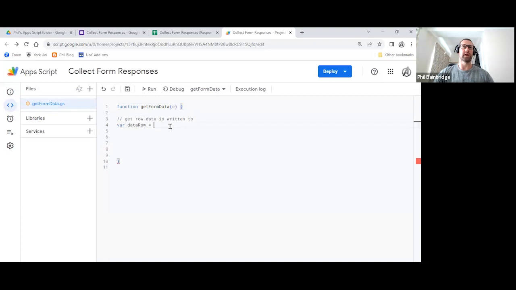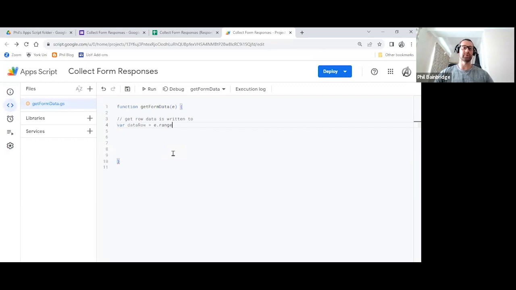Now, the event object is going to contain all of the form data with a couple of other things when the form has been submitted and the trigger has run. So we're going to make sure that we've got e written in there in our brackets. So down here, we can type in e dot to perform some methods of it. Now, unfortunately, this is one of the instances where App Script's autocomplete does not appear for us. So there's about 2 lines of code in here that you'll just need to remember or write down or make a note of or get used to using, basically.